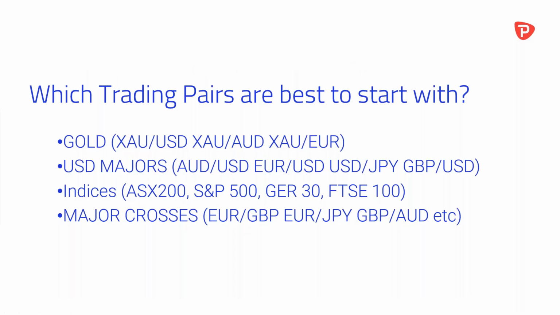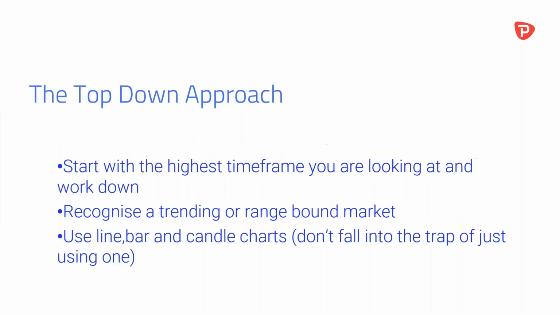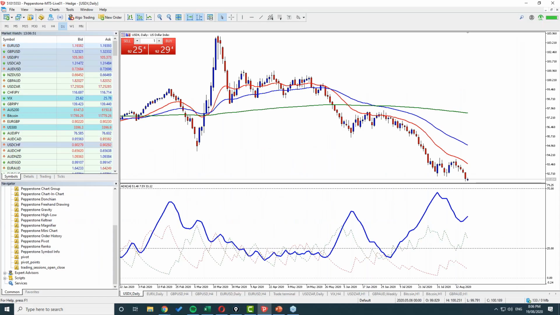Also, just a quick thing that we always talk about, these are some on the screen right now, some of the key starting pairs and some of the things that you want to be looking at in terms of crosses as well. I'll include on that some of the things that we'll look at in the live markets right now using the top-down approach. So let's actually start by doing some currency correlation using the US dollar index.